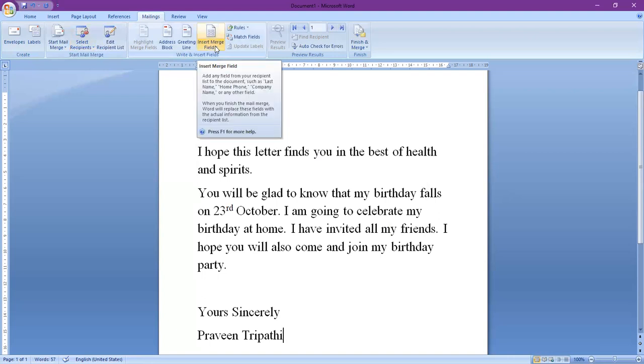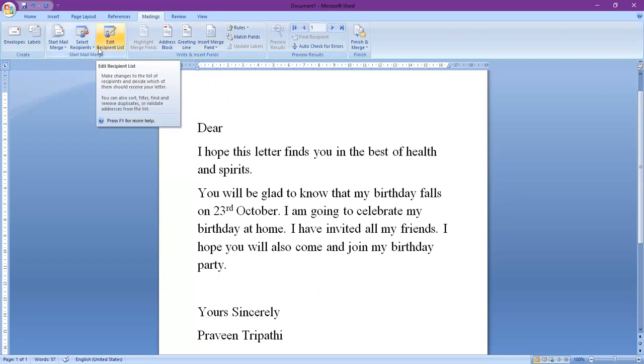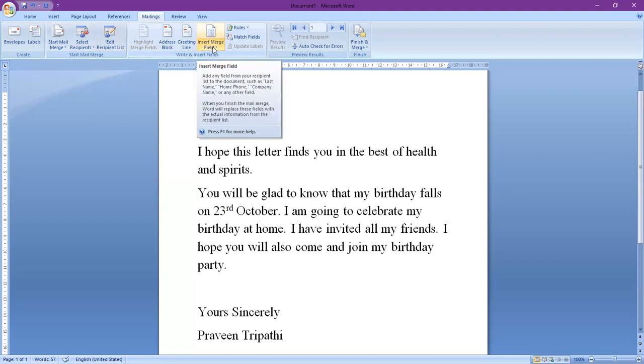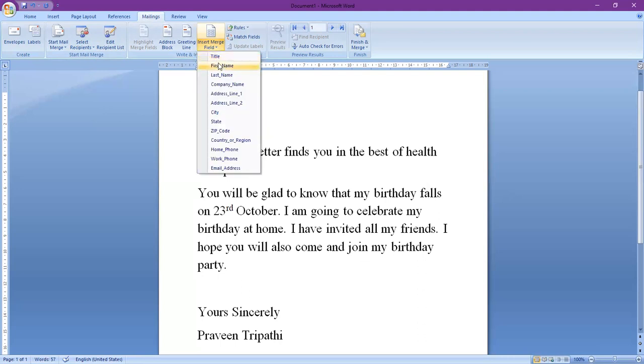We can do various kinds of things, but now we are going to use fill in the various fields. Now I'm going to click on this insert merge field. Now I can see title, first name, last name, company name, and etc. So what we have inserted? We have inserted title, first and last name, and we have also mentioned company name and one address line. So supposingly I am going to drag the title here.